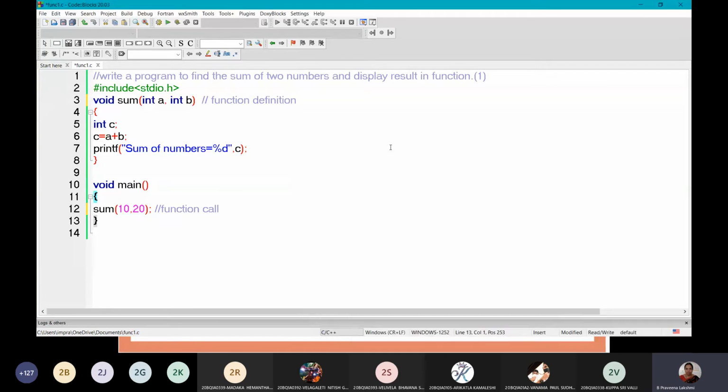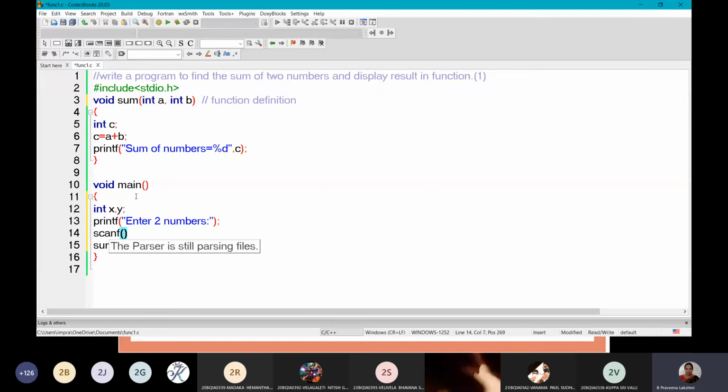I will see with the input values also. Here I am taking two variables, int x comma y. Printf enter two numbers, semicolon.